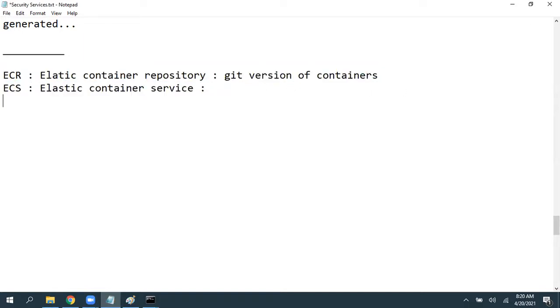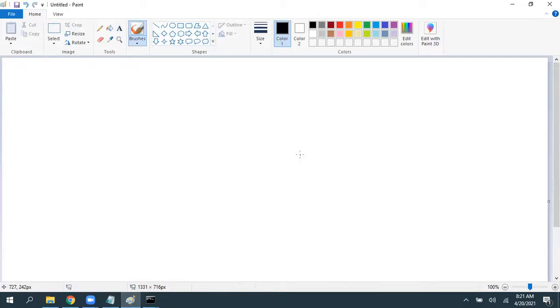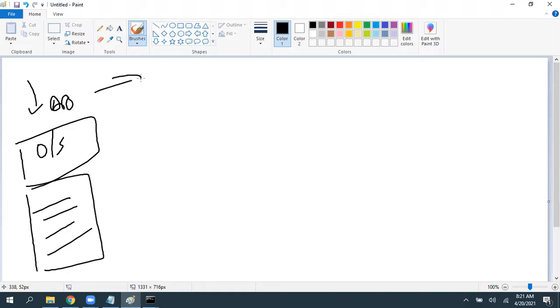So what is this containerization mechanism? See, I'll explain to you. In simple terms, earlier we used to have only one server, and on top of that server, we are going to use one operating system. Then you are going to deploy your application and deliver that application. Whether this application is small or big doesn't matter. You need to have a server, and this OS is going to take a lot of resources and it is going to deliver,